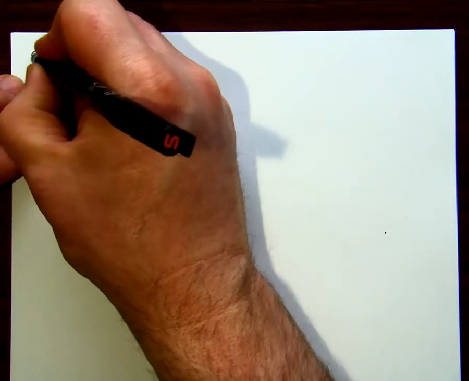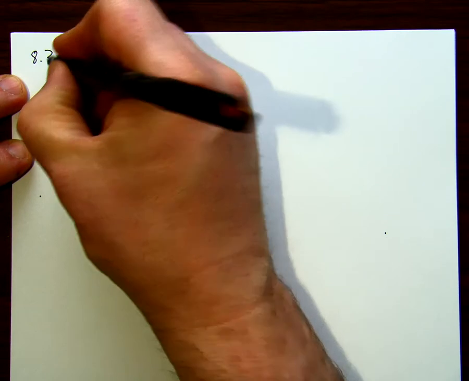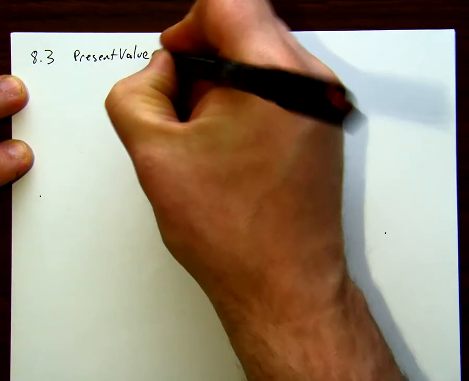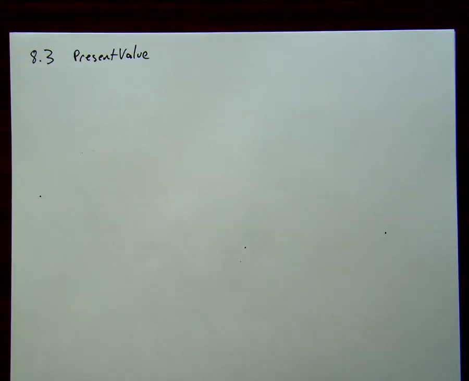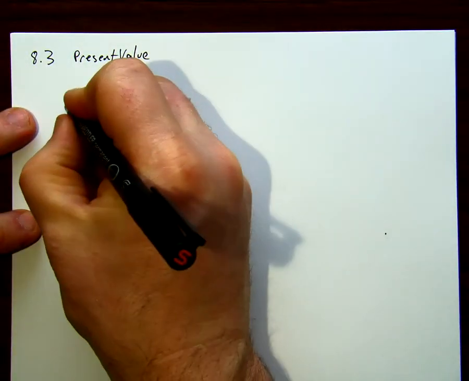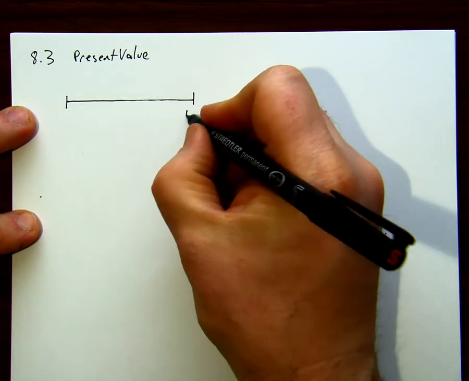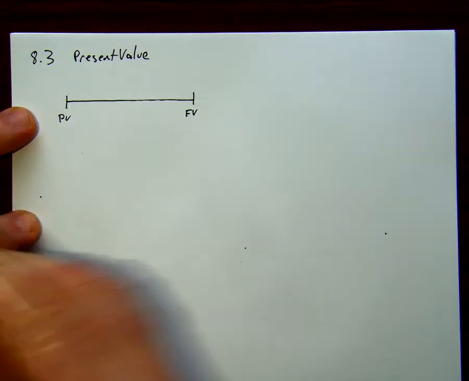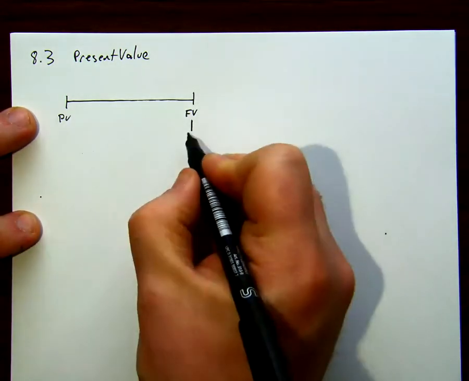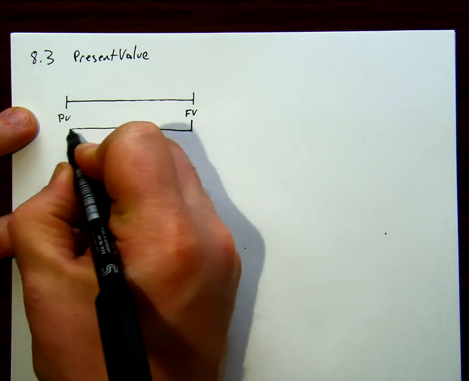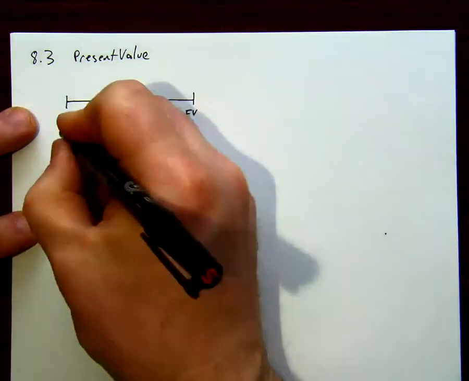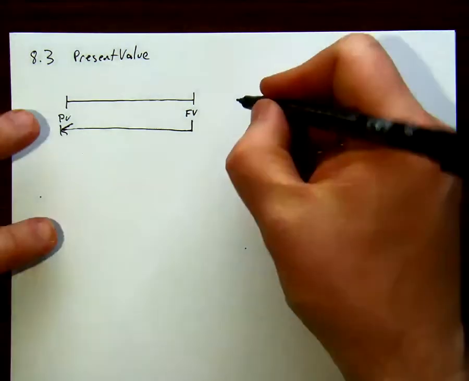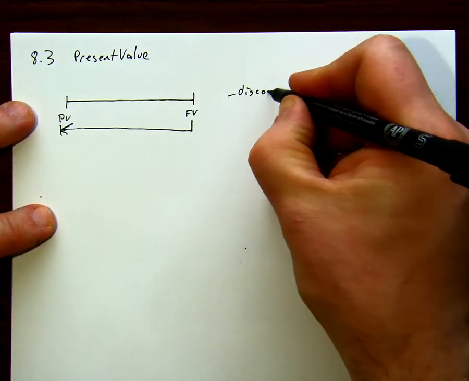Okay, we're going to take a look at section 8.3, calculating the present value. So this is a compound interest problem, and again we have a very similar setup to what we had with simple interest, where we have some maturity value in the future, or future value, and a present value in the past. And what we want to do is convert that future value, discount it into the past to compute a present value. So again, this is called discounting